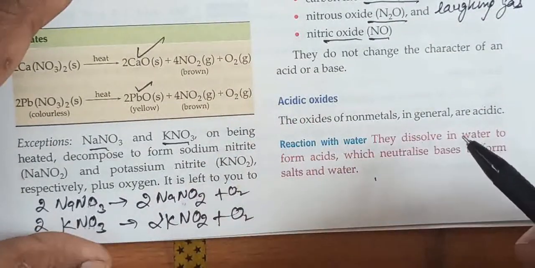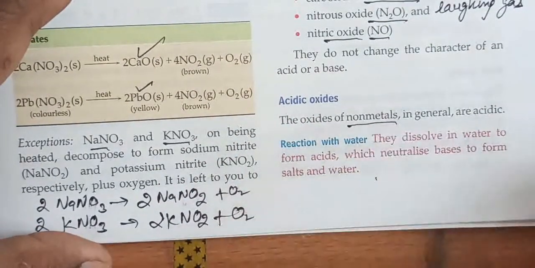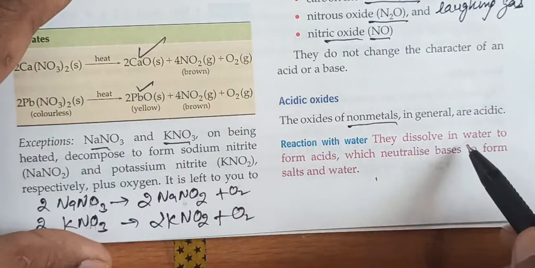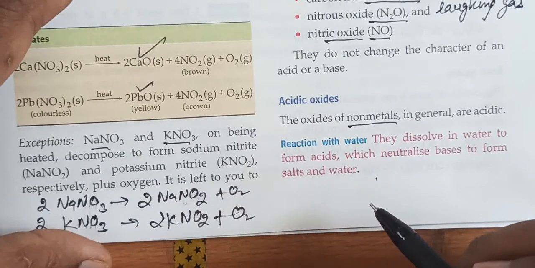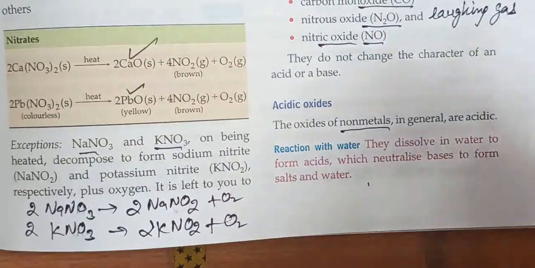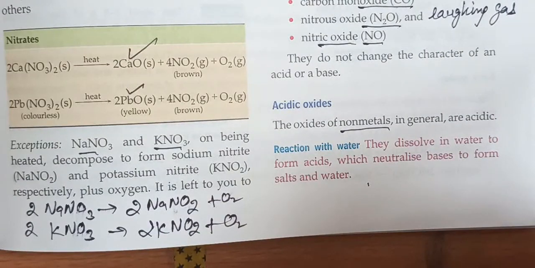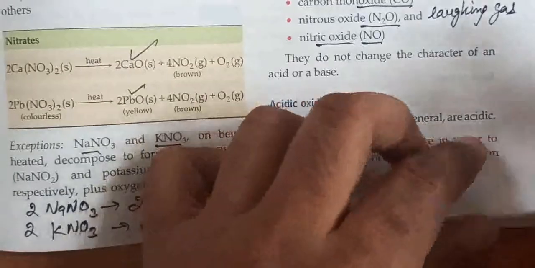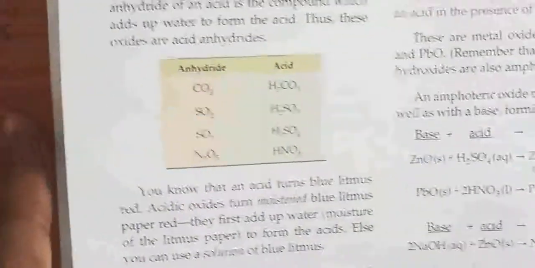Acidic oxide. Non-metal oxides are generally acidic oxides, and these non-metal oxides dissolve in water and form acid. And that acid formed can naturally neutralize bases. We have already done the neutralization reaction. So these acidic solutions neutralize basic solutions to form salt and water. And on the next page you see